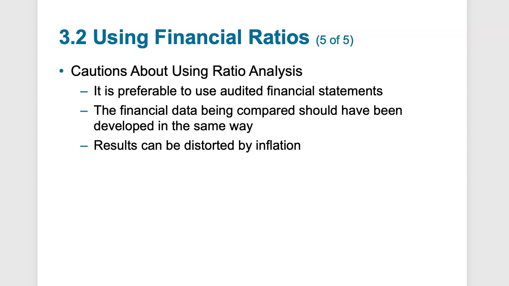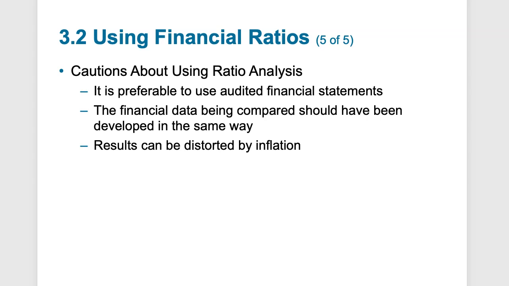Now, the financial data being compared should also be constructed using the same set of accounting principles, such as GAAP. This helps keep the accounting treatments similar so that the ratios don't get distorted, because there are many different ways and many different accounting systems you can use to organize your company's books. But even within GAAP, there could be some interpretation or different ways of recognizing revenue, or how fixed assets are treated, or how depreciation is treated. So sometimes a deeper dive into those differences between competitors needs to be done as well.